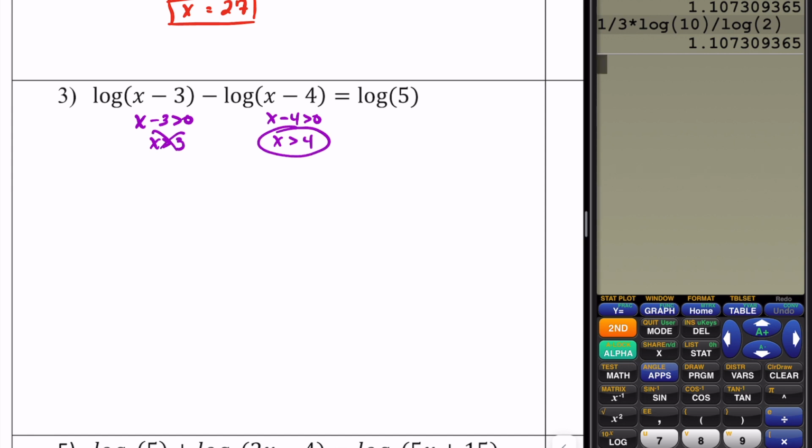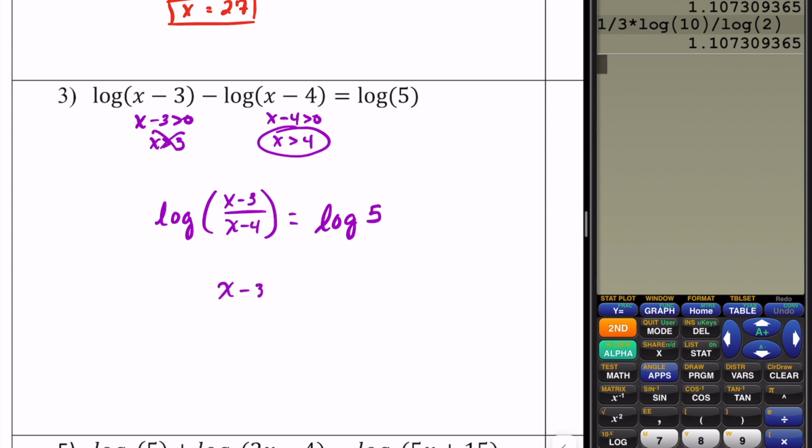So I've got logarithms all over the place. When I have a situation like that, I try to condense it down to a log equal to a log. Equals log 5 like this. Because now that log equals log, I can say these arguments must be equal to each other. That allows me to just drop my logarithms, so x minus 3 over x minus 4 must be equal to